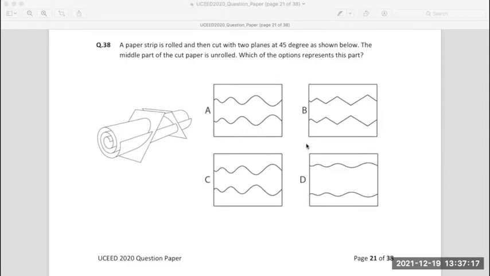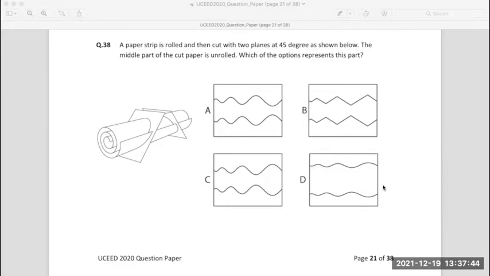Now this one, we are given these rolls, with this kind of rolls you will be cutting a lot. We are given this roll, and then there are just 2 cutting planes. There are these 2 cutting planes around which the roll is cut. We have to find, when you unroll the whole thing, when you unroll 1, 2, and 3, the 3 pieces together, which is the pattern that we will find of the cut part.